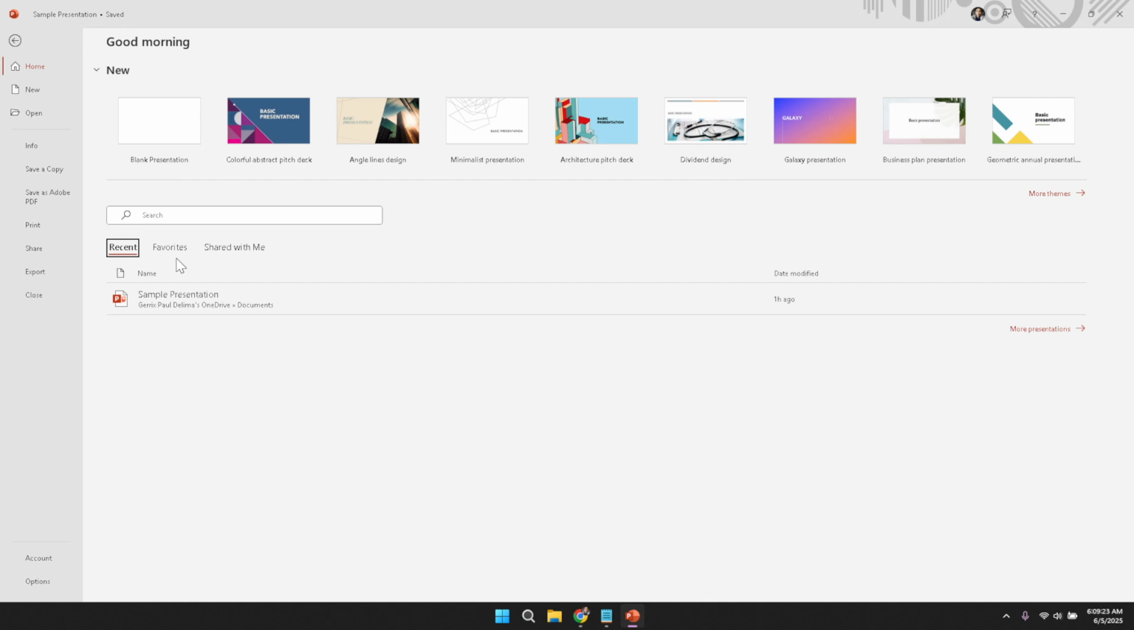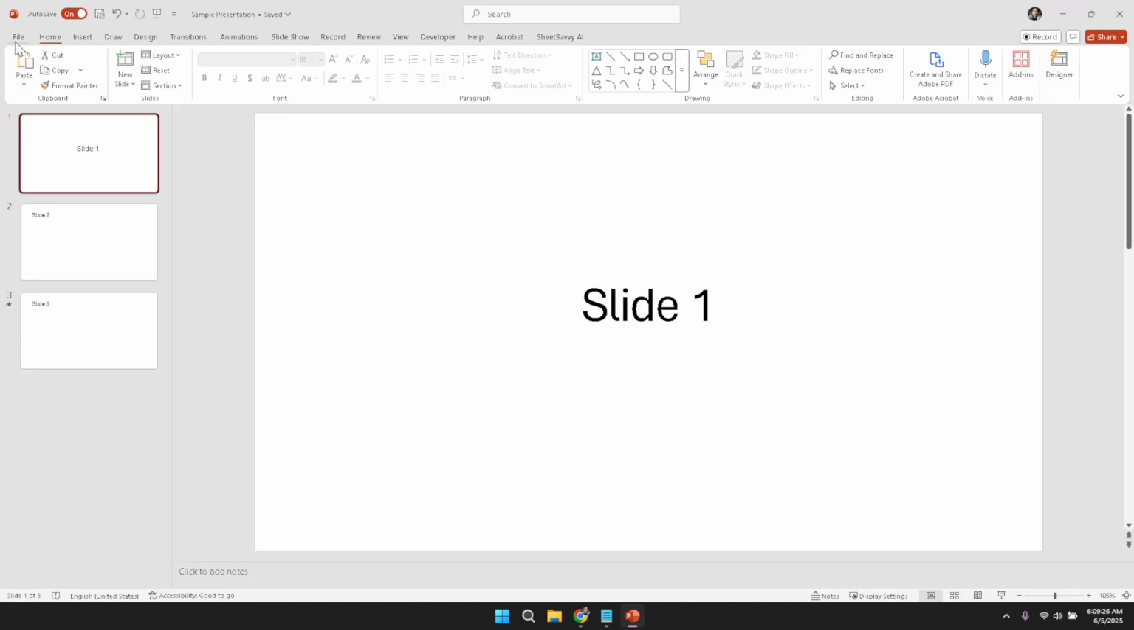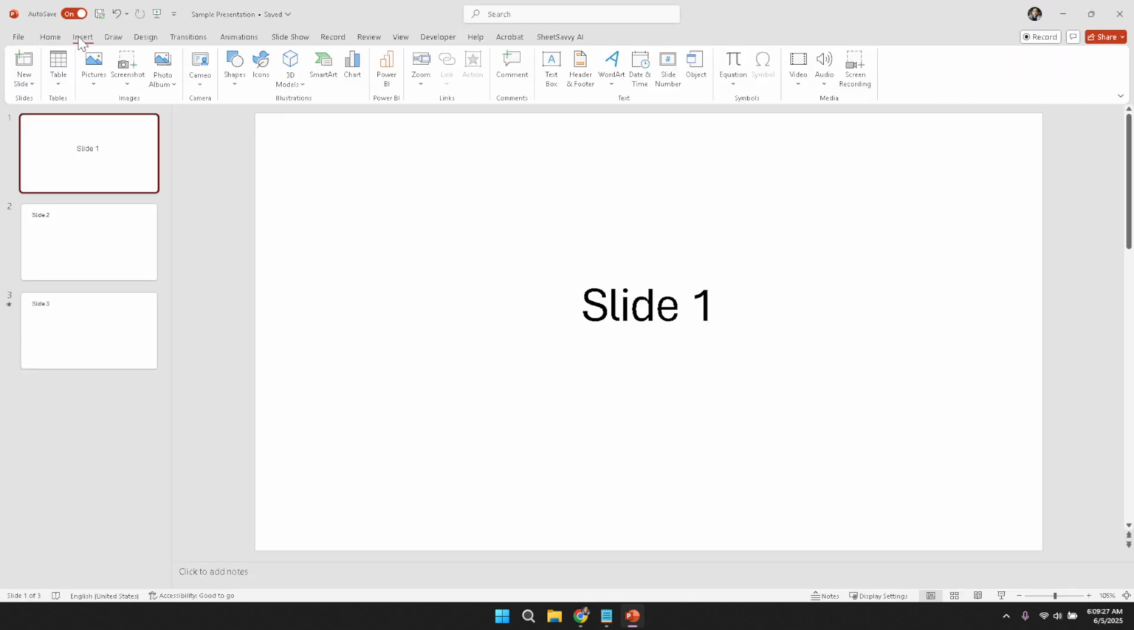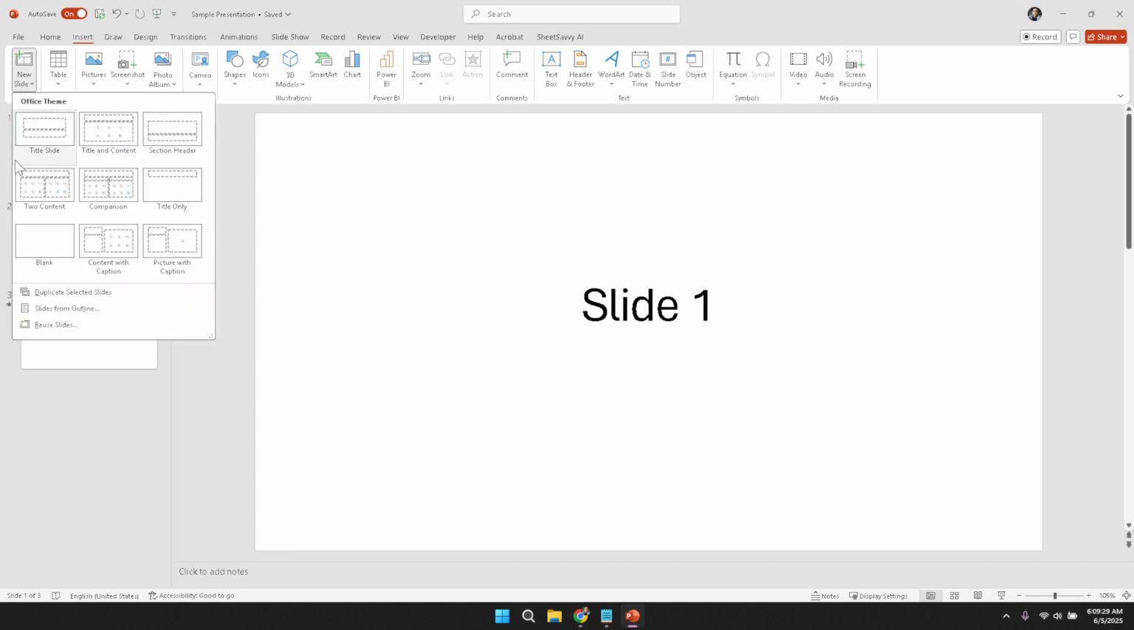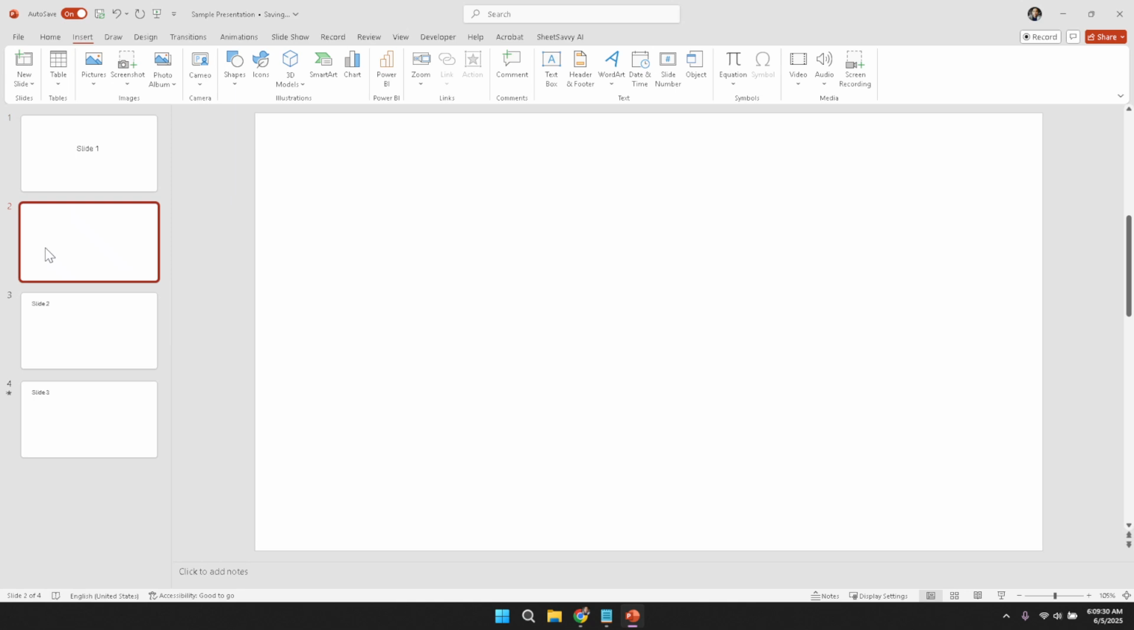a seamless process. After you have your presentation ready, the next step is to add a new blank slide. Locate the Insert option from the top menu and then click on New Slide. A menu will appear and you should select the option that provides you with a blank slide. This blank slide will serve as the canvas for your table of contents, keeping it separate from the rest of